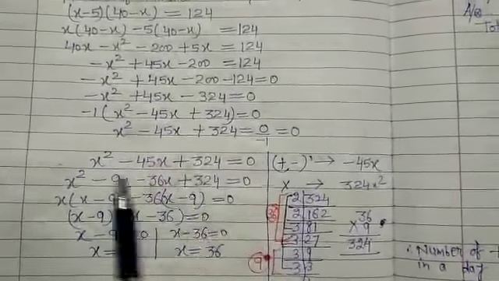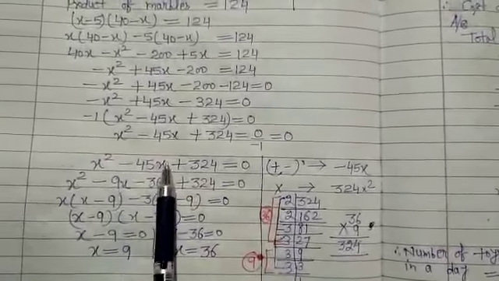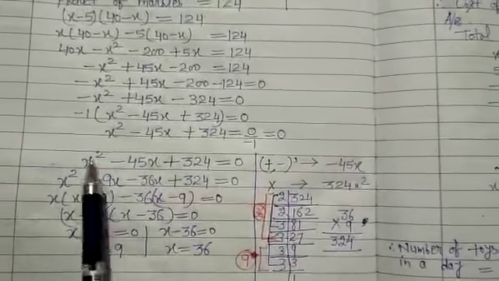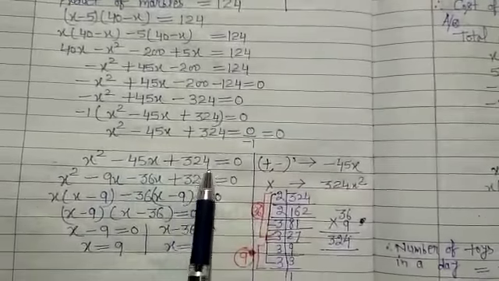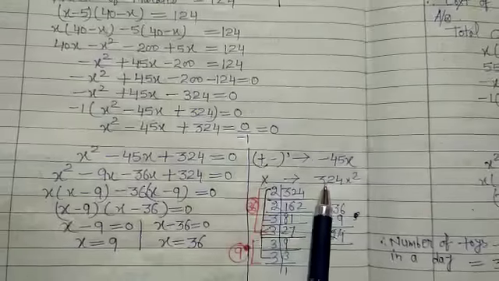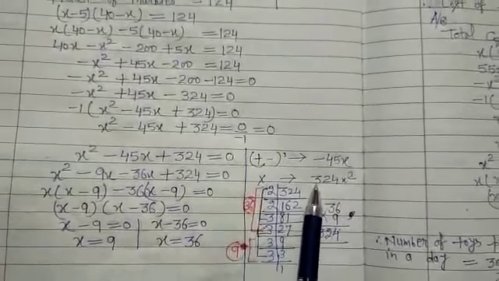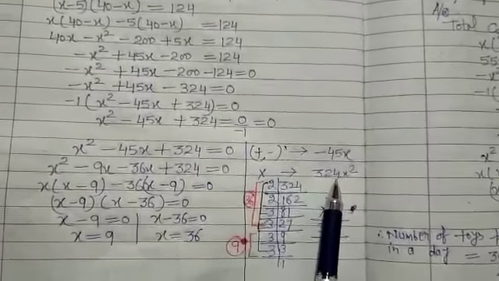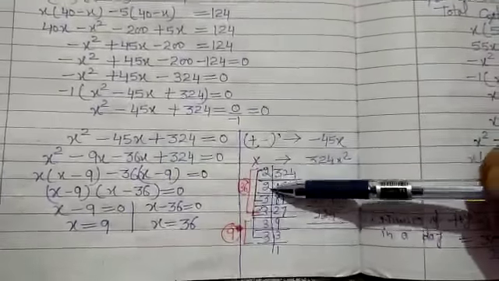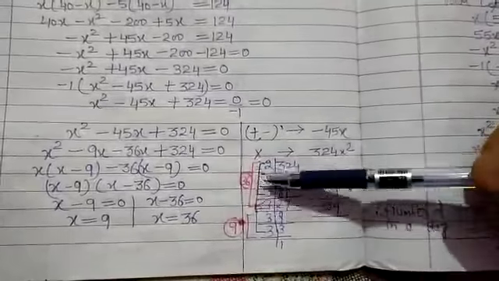Now we will solve this quadratic equation by splitting the middle term. The method is that when we break the middle term, after adding or subtracting, our answer will be minus 45X, and the product of first and third terms is 324X square. Whatever is coming after multiplication of the first and third, we will do its prime factorization. So the prime factorization is in front of you: 2 into 2 into 3 into 3 into 3 into 3. This is the hit and trial method.